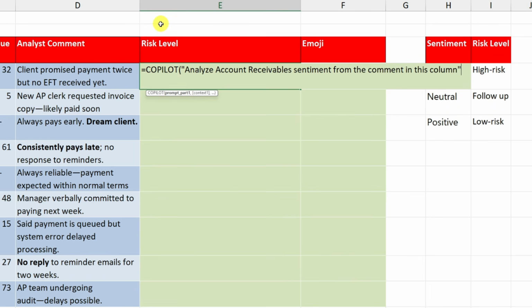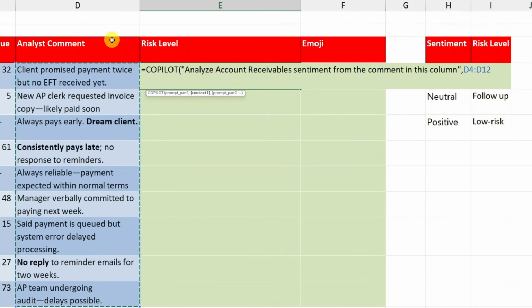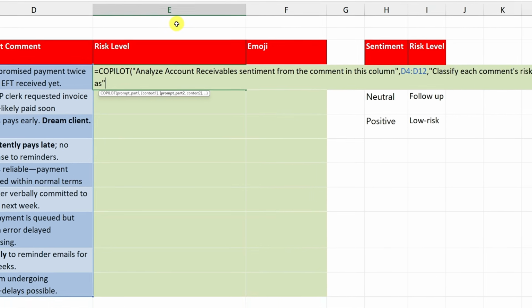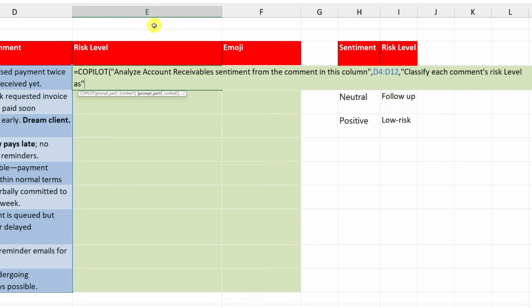Analyze account receivable sentiment from the comment in this column, and then I will put a comma, and as my second argument, I need to give a context, so I will refer to my column D right here that contains the comment, right? And then I will ask another prompt, so I will put a comma for another prompt, and again, my brackets. I will ask, classify each comment's risk level as, I will close the brackets once again,